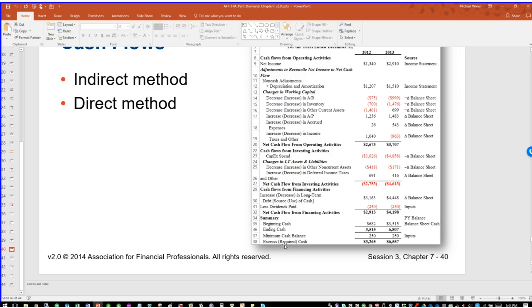Now here they've showed a couple more lines that might be used in a treasury type situation, which is what's the minimum cash that I need to have on, and how much do I have in excess? That is useful in a model. It would be useful in a lot of places, but it's not required by GAAP. These lines 37 and 38 would not be on a public cash flow statement. It's more of a modeling thing. Okay, all right, so let me go back up.